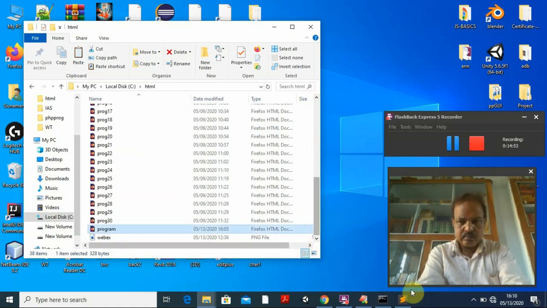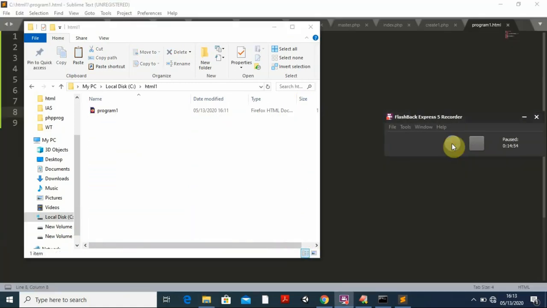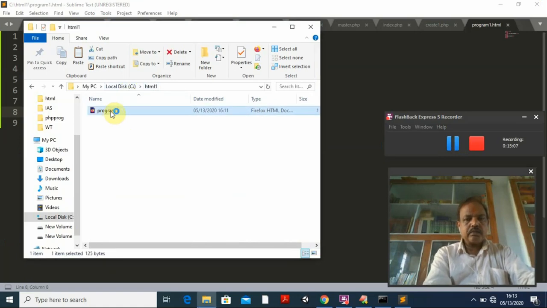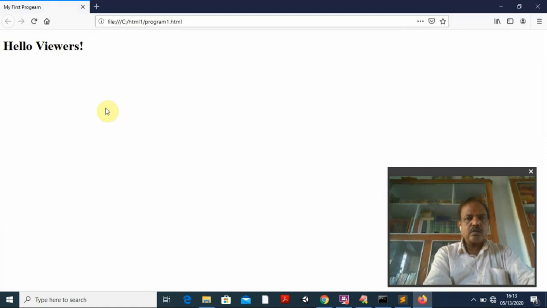Now we can check where we have written this file. This file is in the HTML1 folder of C drive, and the file name is program1. Just double click it and you can see the output, hello viewers.